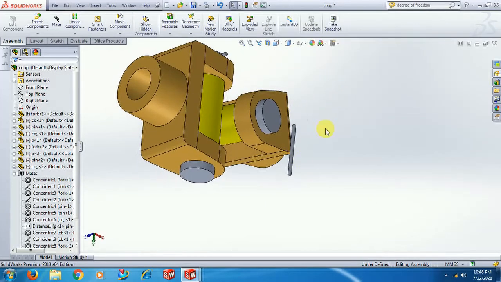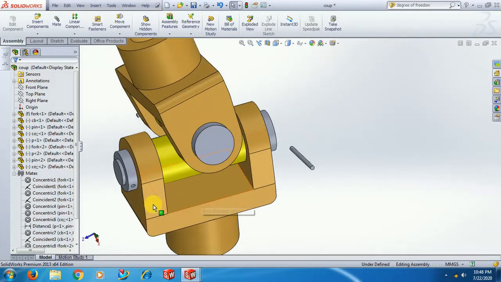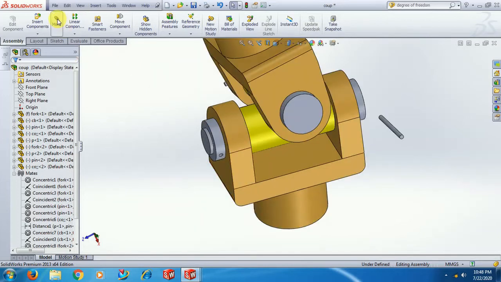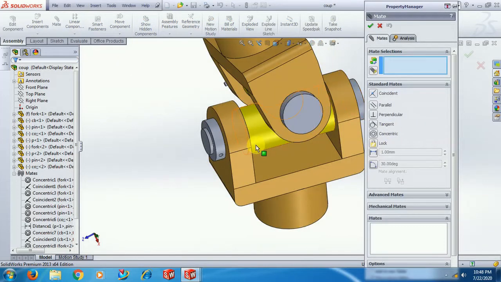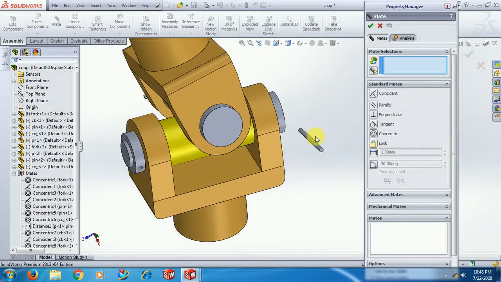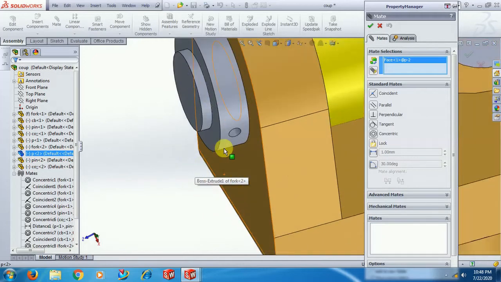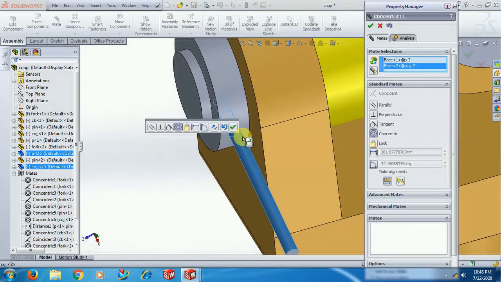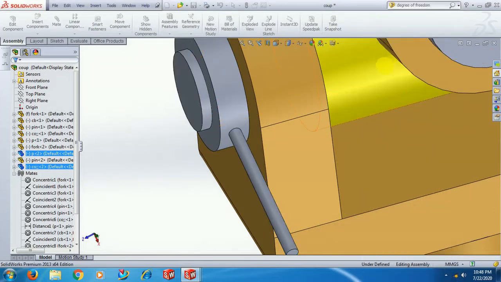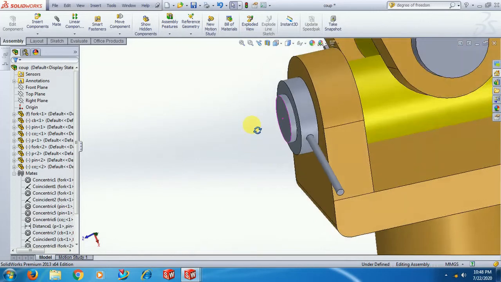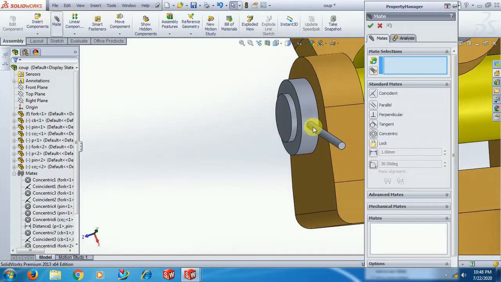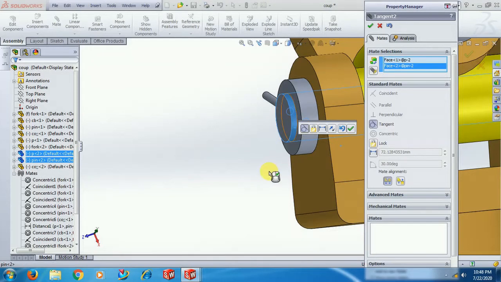Now finally I constrain the last part, mate, again mate, select this flat surface and this cylindrical surface, give distance here.